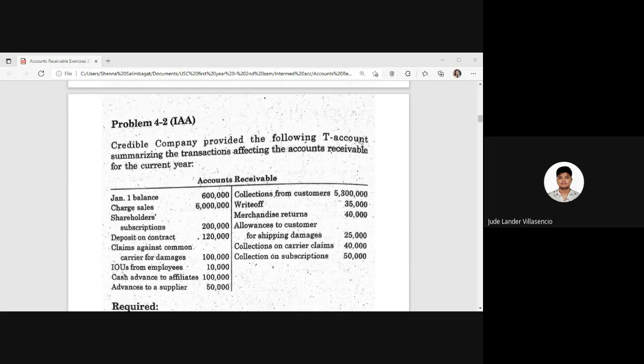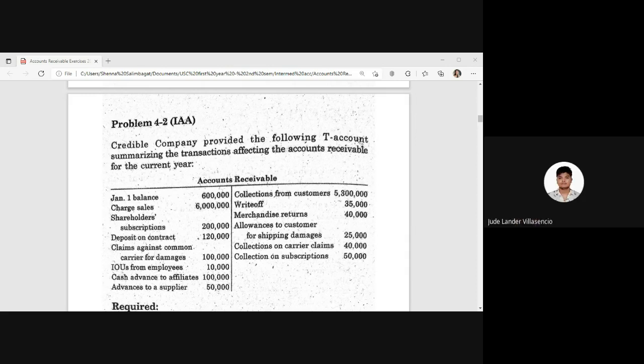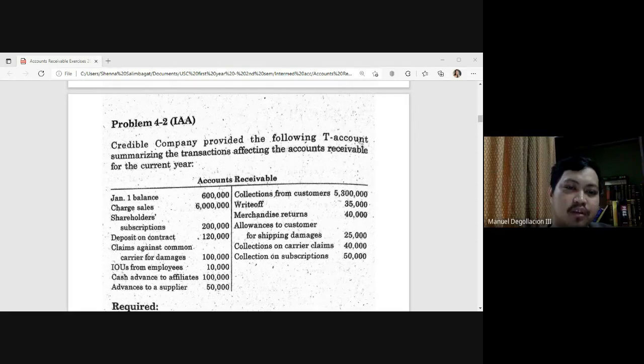Capital account, and I mean debit, cash, and credit. But one thing is for sure, it should not be part of our accounts receivable, correct? Yes, sir. Okay. So we have shareholder subscriptions. It should not be part of accounts receivable,